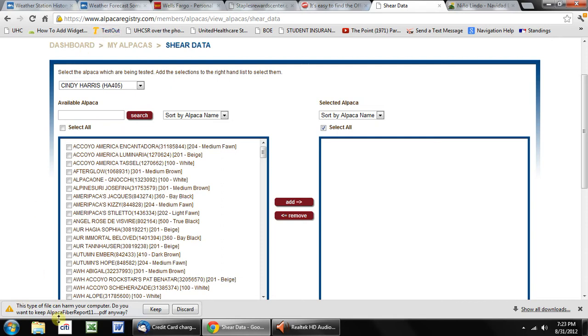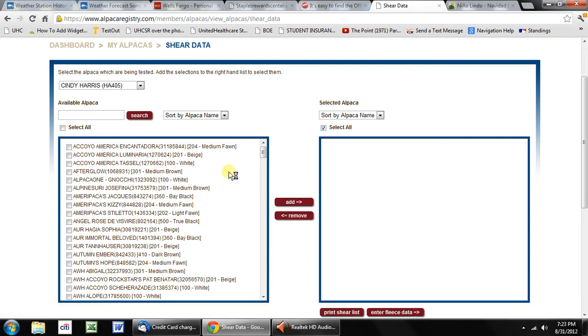Okay, the way that my browser works, it asks me, this type of file can harm your computer. Do you want to keep Alpaca Fiber Report 11.pdf anyway? And I say yes, I want to keep it. So there it is. It's downloading, and now I can open it up. And as if by magic,